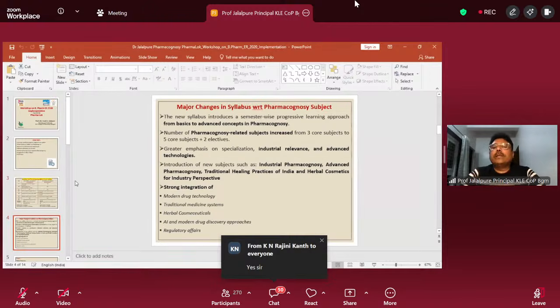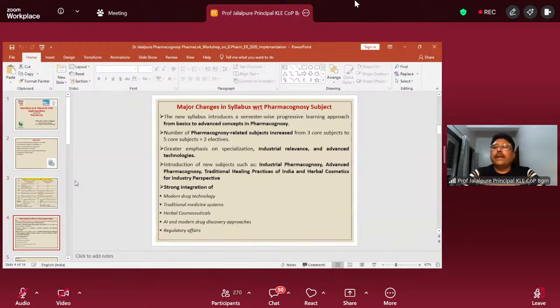So there are some changes which have been made in the new syllabus. The new syllabus introduces a semester-wise progressive learning approach. So this syllabus, if you see, starts with basics and takes students and faculty members to learn advanced concepts in pharmacognosy. It is very well designed, and the number of pharmacognosy-related subjects is 5 in this new syllabus, with 2